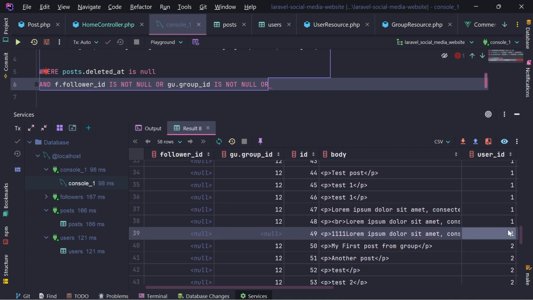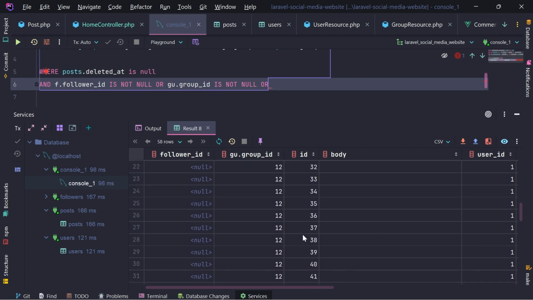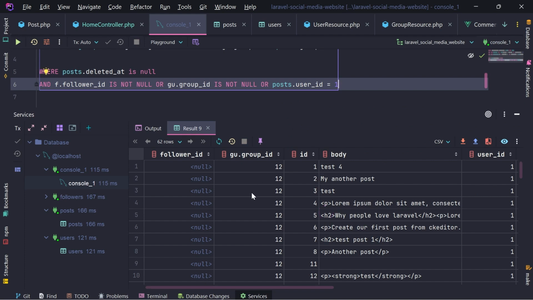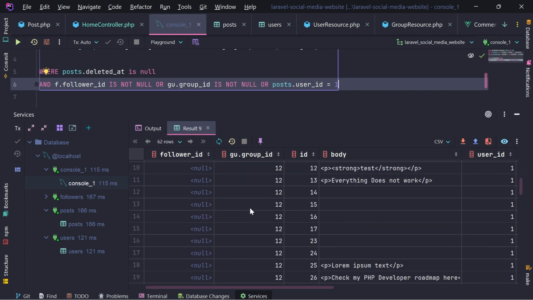Okay, so this should be included, and basically everything else should be included, or posts user ID equals 1. Now if I select this, I see 62,